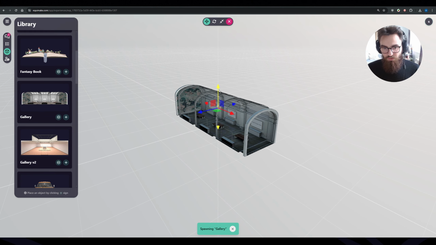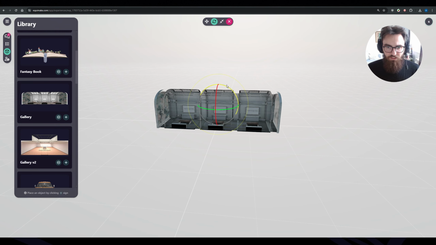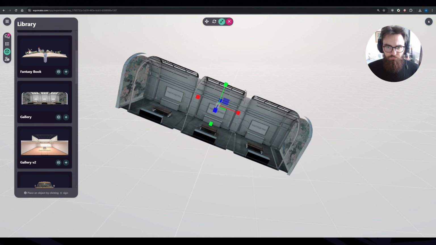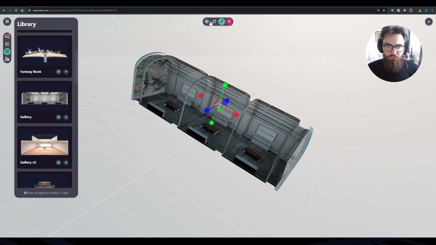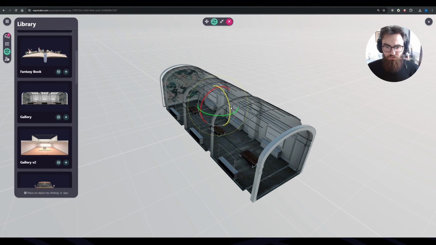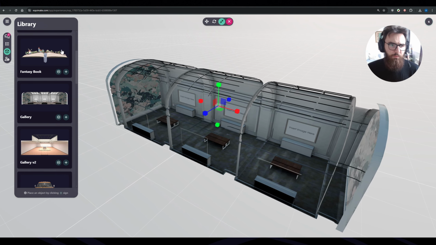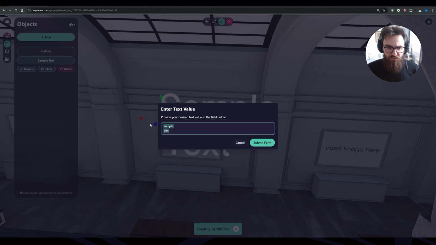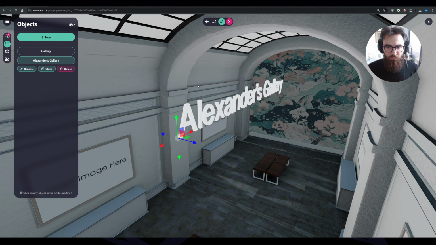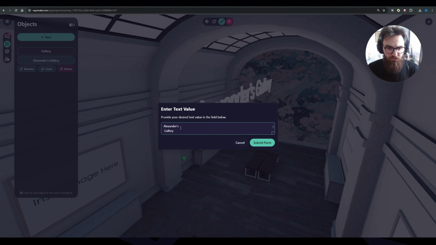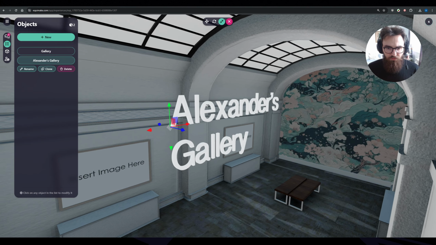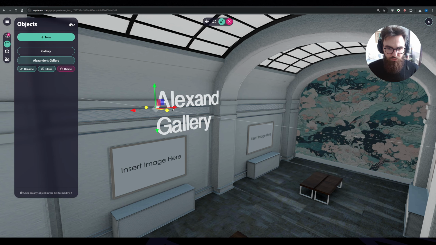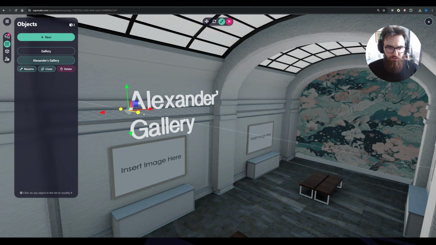By the way, you can also move the objects, rotate the objects, and scale them. The shortcuts are W, E, and R, same as Unity and Unreal Engine. Let's make the gallery a bit bigger and add some text. Let's rename our text and name it Alexander's Gallery. Click Submit. Oh, by the way, you can add a new line here. There we go. Let's adjust our text and make it